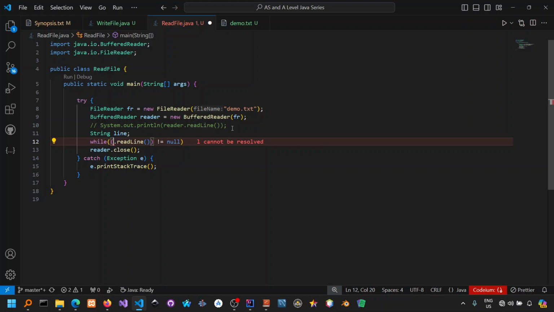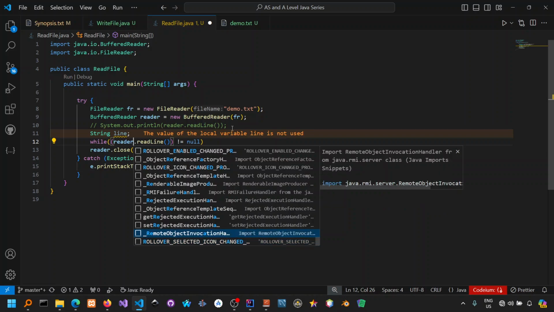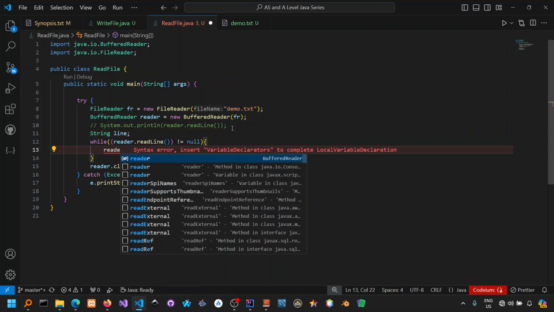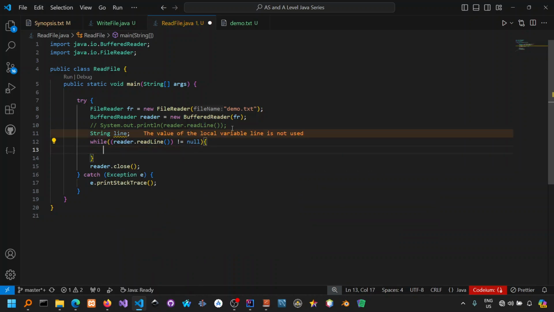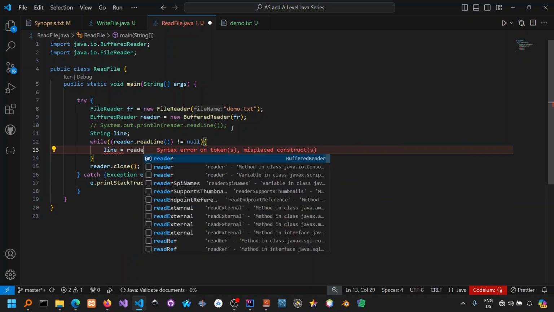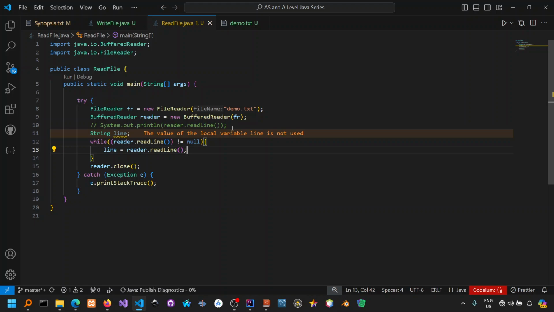It's supposed to be reader dot readLine. So we are saying while reader dot readLine is not equal to null, we need to do something. Then the something that we need to do is essentially output the value of line. So we are going to say reader. We are going to now make use of the line variable that we declared there. So we're going to say line is equal to reader dot readLine. So it's actually just going to allow us to